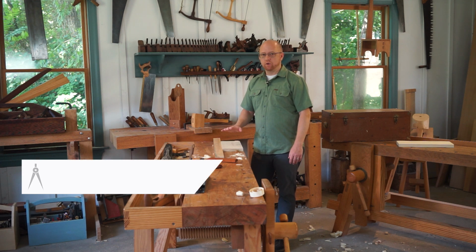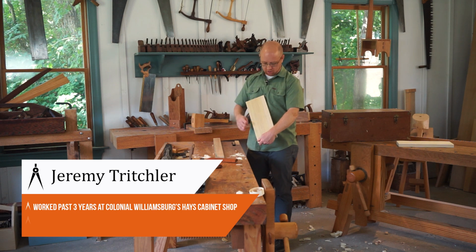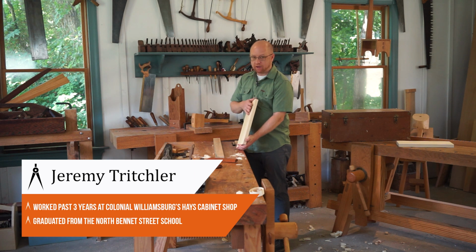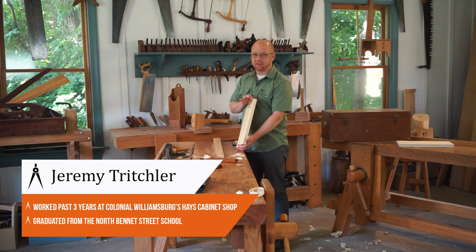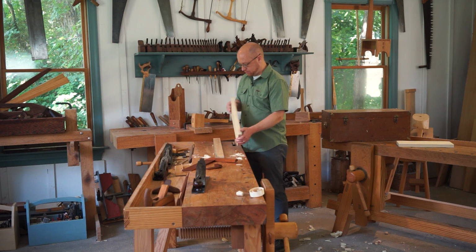Okay, so now that we have flattened off a face, we have squared an edge to that face, now we're ready to start bringing this board down to its thickness, to the dimension that we need its thickness to be. So what we're going to do for that,